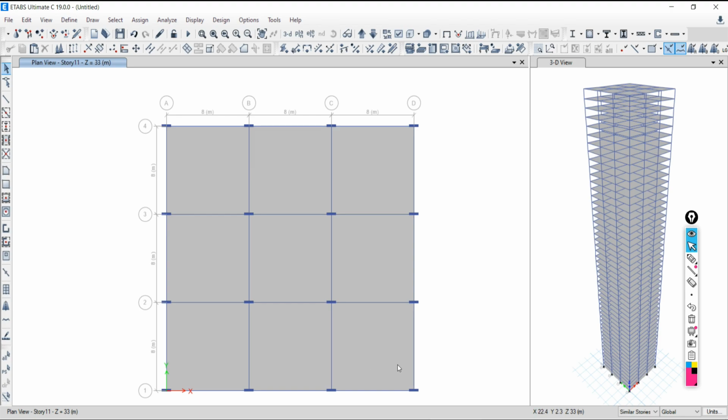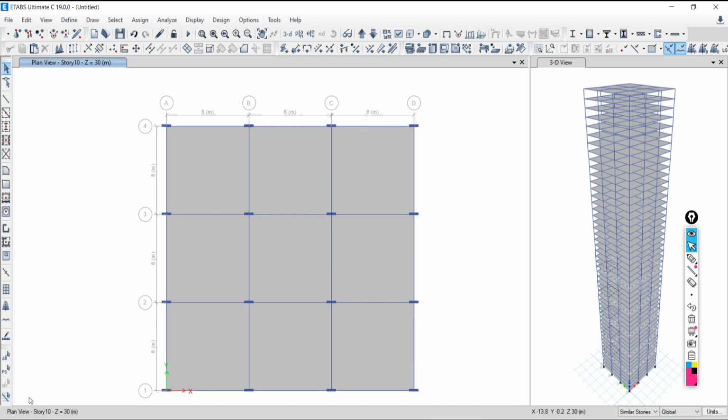Suppose you want to assign the load to all the beams of all the similar stories. You don't need to go to different floors individually every time. You simply choose the similar story option, coming to any similar to or master story, like the 10th one is the similar to, click over that. Accordingly, I have selected 1, 2, 3, 4 frames, but 20 frames are showing. That's correct. For 5 floors, 4 into 5 will be 20. So that's a way to make the selection.